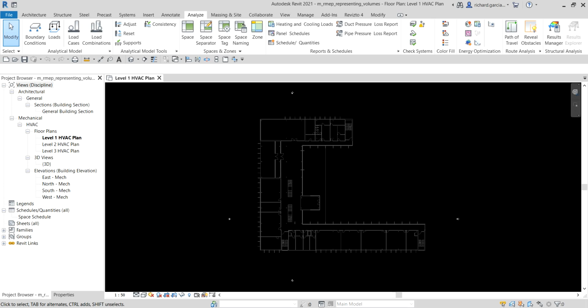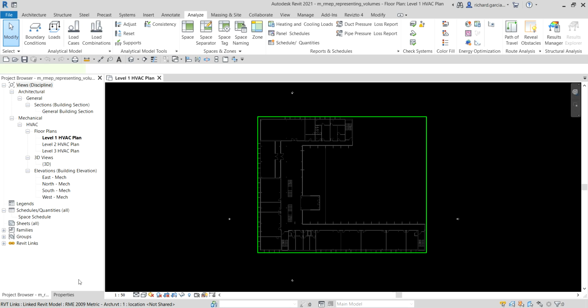So you can also export these values to various other analysis programs if your company has these other kinds of programs. Okay, so that is what we're going to learn in this video. We're going to learn how to use spaces, and then after that, on the next video, we're going to learn how to use zone. So these are the tools that we use to define the volume in Revit MEP. All right? But first, make sure when you